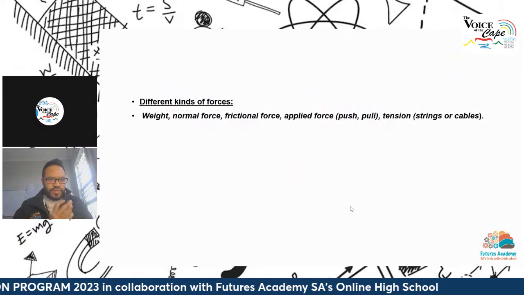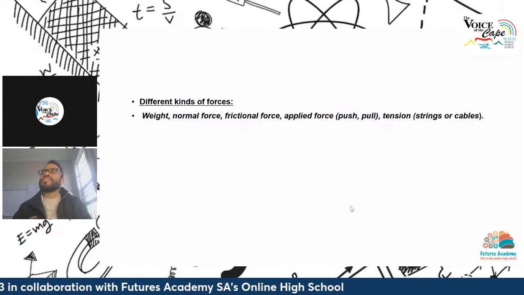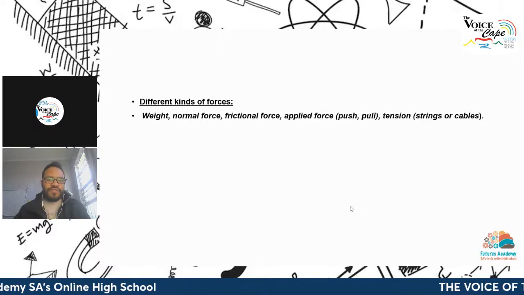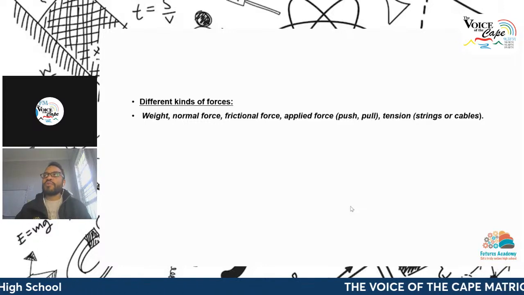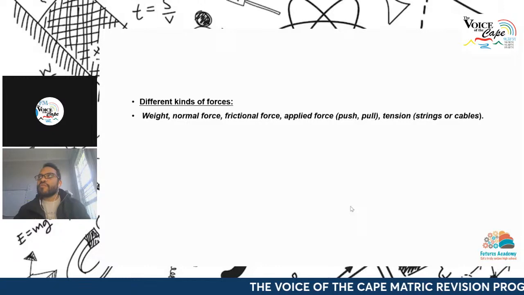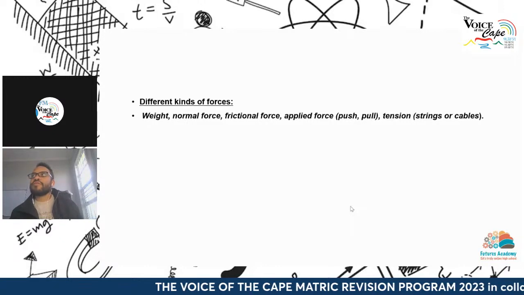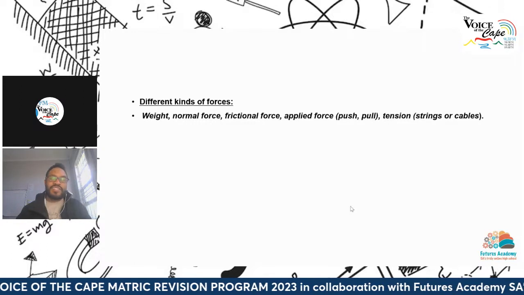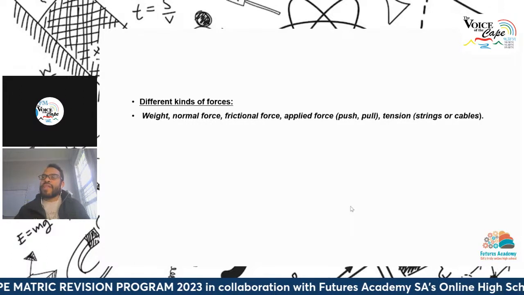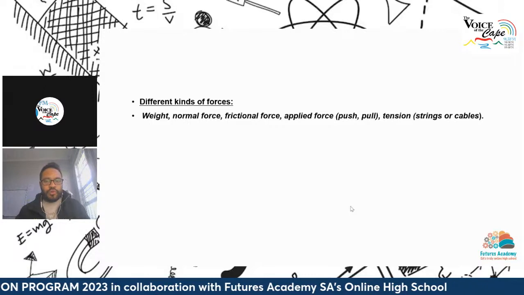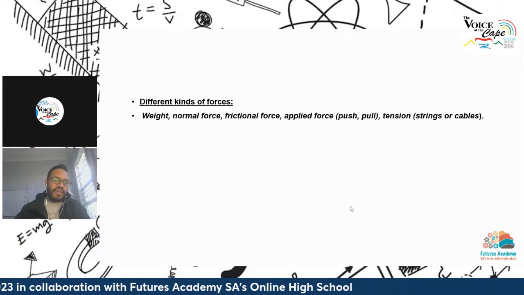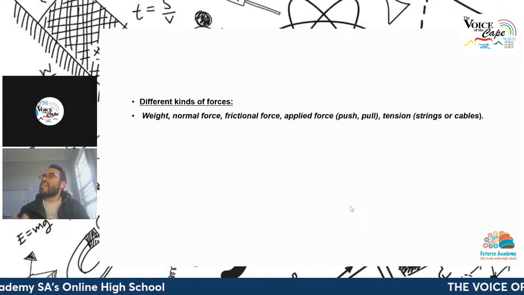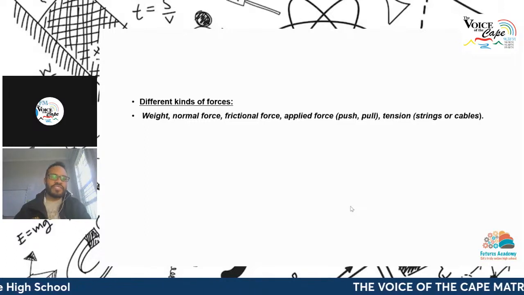Before we actually go into Newton's laws themselves, we're going to talk about the different forces. Forces that you are familiar with is weight. Weight is also known as the force of gravity, or the Earth's gravitational pull. We know the normal force, we know frictional forces. Frictional forces are forces that oppose the motion of an object when it is in contact with the object. And then an applied force being a specific push or pull, and then tension, which is a force. It's an internal force that relates to strings, cables, rods, and so forth.